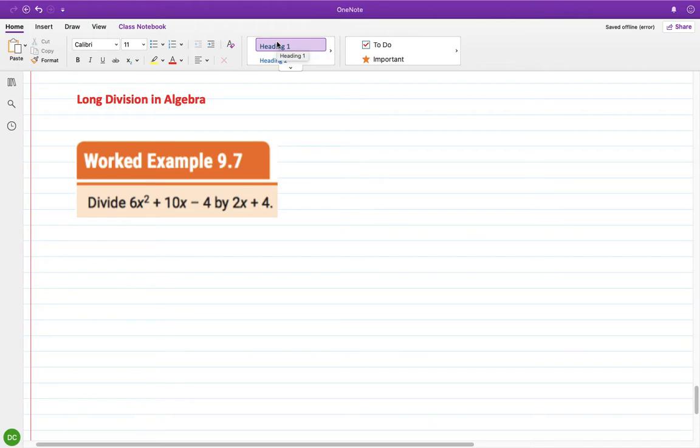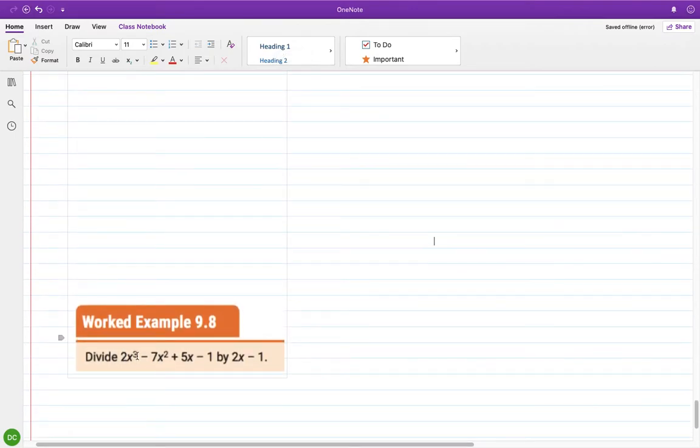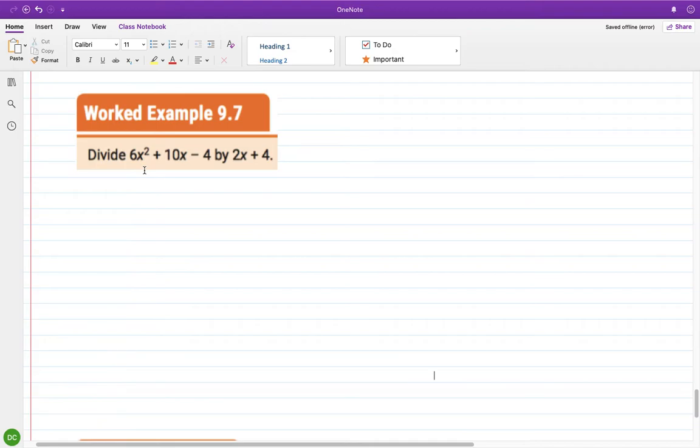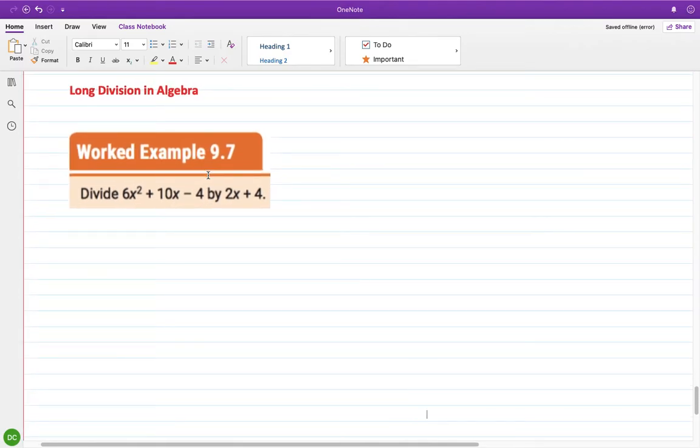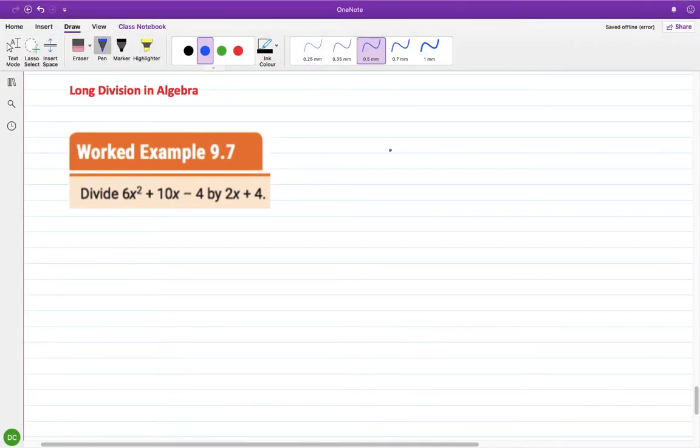Move on here to long division in algebra, and I'm going to show you how to do it. Generally speaking, long division is reserved for when the equation is what's called cubic. See the way it has a cube there? It has an x cubed. I'm going to start with this one just because it's shorter, but this one could technically be done the same way as the homework. Because it's only quadratic and we know how to factorize quadratics, I could take the 6x